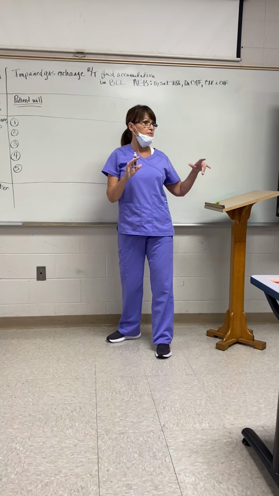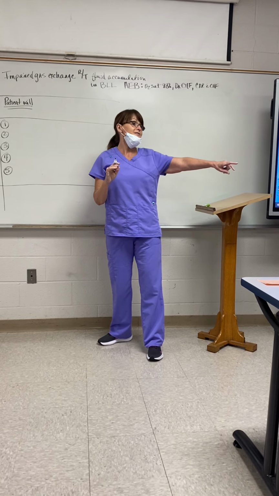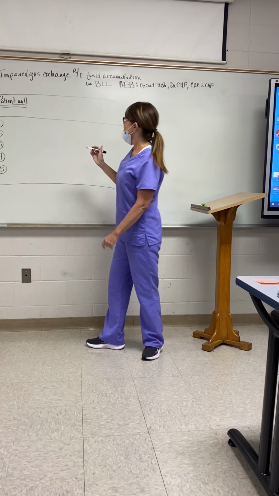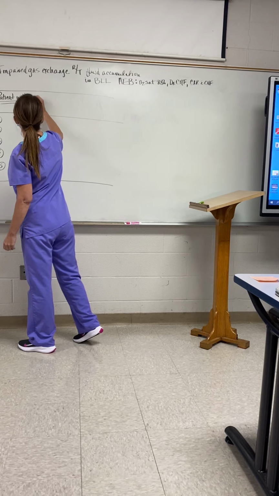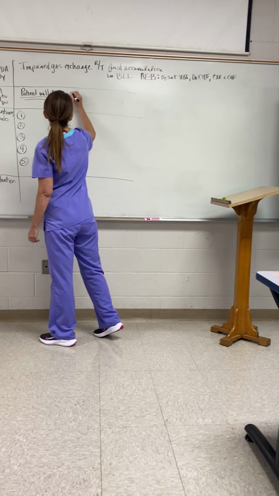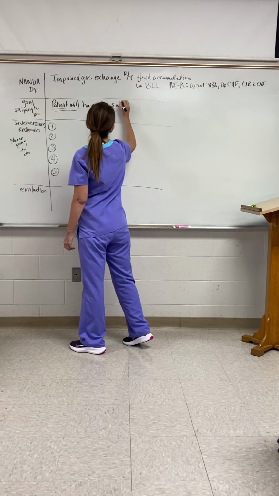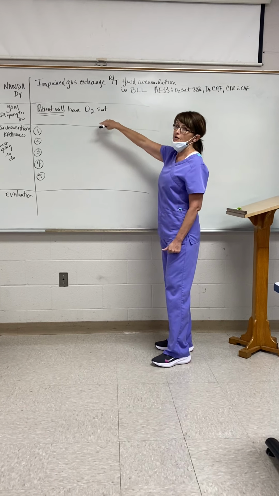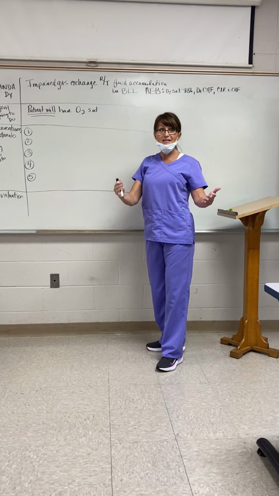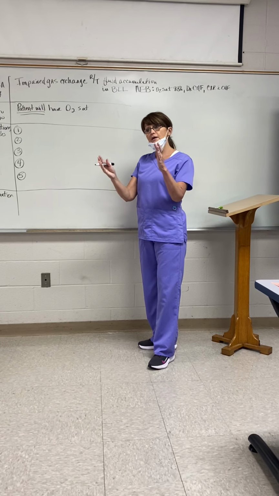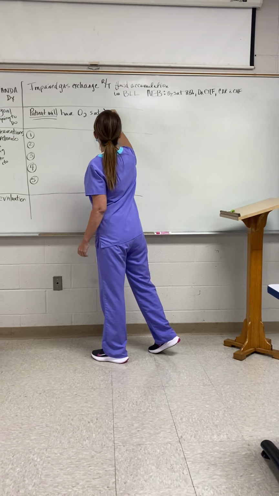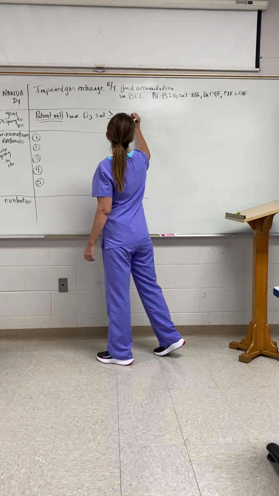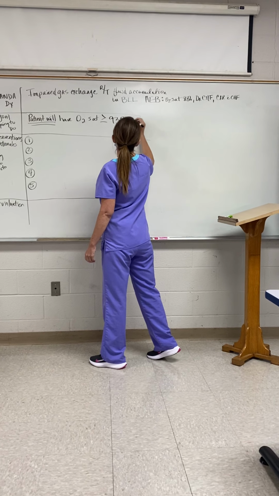It will get easier. Go ahead, Jennifer, you know it, say it. Patient will have O2 sats above 90 or something. Exactly. We want it to be normal though. Like we don't want to say patient to have an O2 sat of 89, that's still low, or even 90 is considered low. So we want it to be normal, so greater than or equal to 93% on DOC,